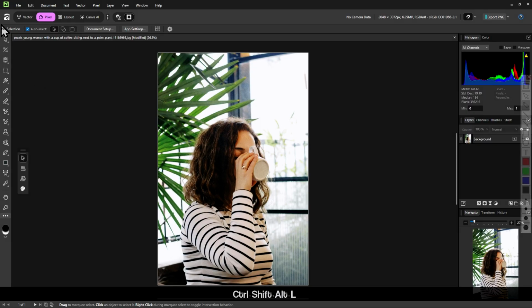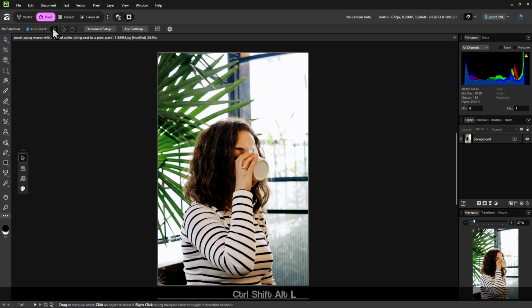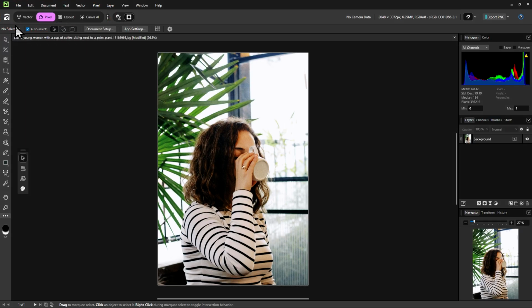First, let's go ahead and look at the top left here. We have these 4 tabs here: Vector, Pixel, Layout, and Canva AI. These are called studios, and they are different ways Affinity 3 is laid out for different use cases.